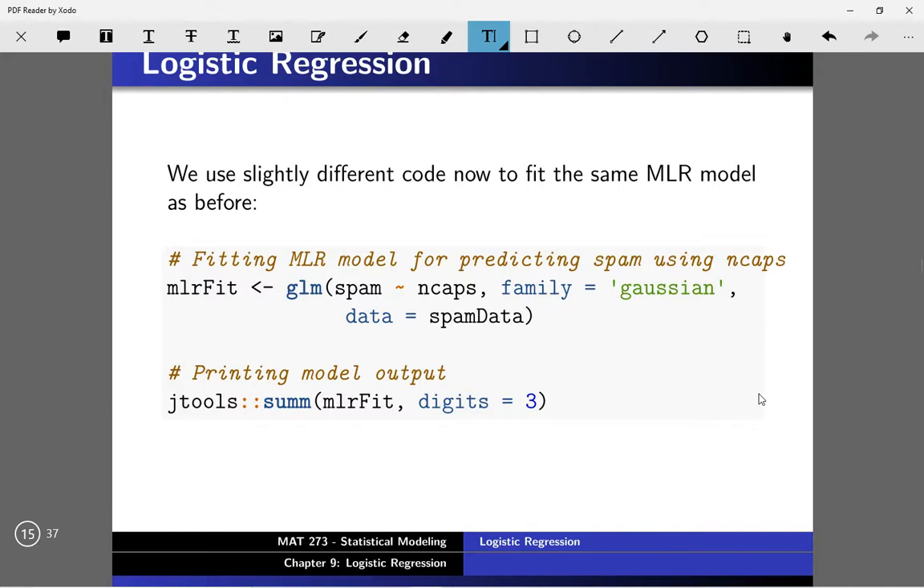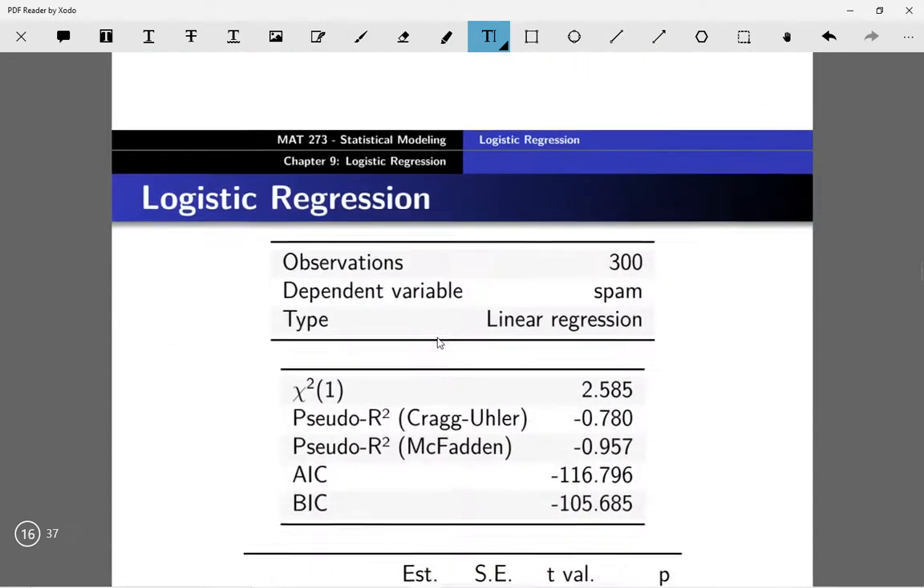Now to fit a linear model, we're going to use slightly different code. Before we've seen just the lm function. Now we're going to use the glm function, which stands for generalized linear model. And this will give us equivalent results to the lm function when we specify family equals Gaussian in this way. So this is saying assume we're using a Gaussian or a normal response here. And the reason I'm using this function now is because we use glm to fit a logistic model. So fitting a regular linear model,